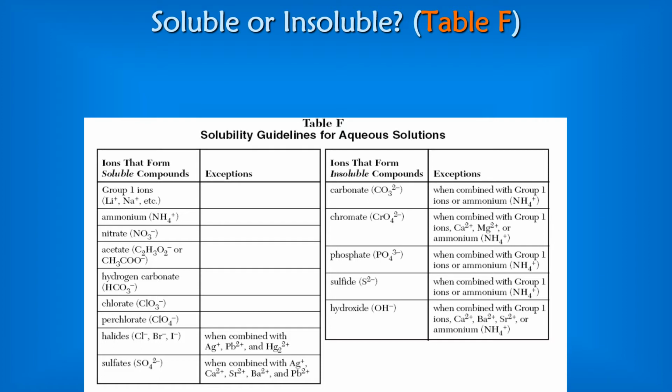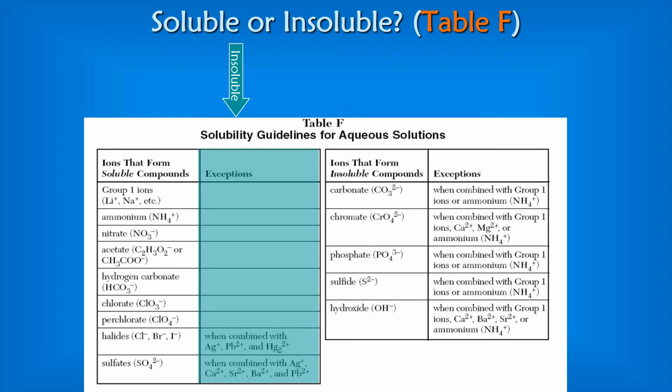And the way it's broken down is that this first column over here, it just says these are all the ions that form soluble compounds, which means all of these things are soluble when dissolved in water. In this second column, however, we are given the exceptions to that. So exceptions to all of the compounds that are given in the first column. So that means these compounds over here, given in the exceptions column, are going to be insoluble when dissolved in